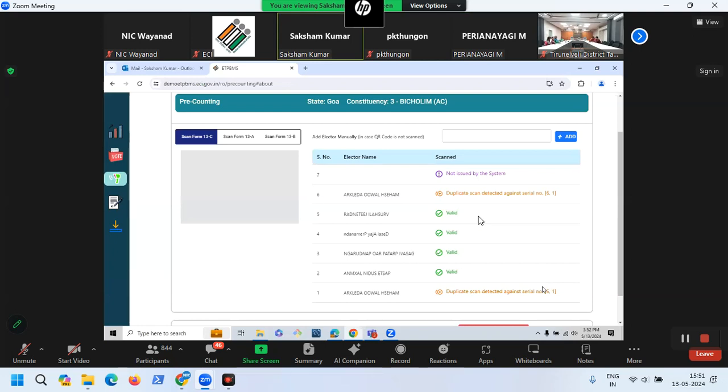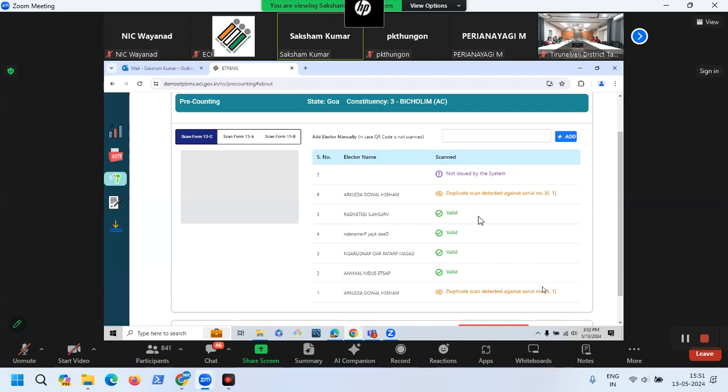What does it mean? The ballot paper the RO is scanning from his system, marked as serial number 1, is a duplicate of the ballot scanned by the counting supervisor with ID 5, scanning serial number 52. In that case, the ARO will come and take both ballots from both counting supervisors, mark them as duplicate and keep them in the invalid tray.